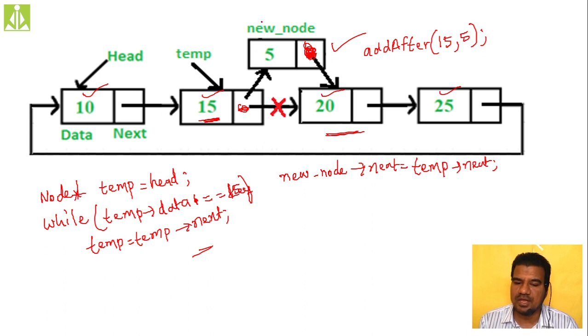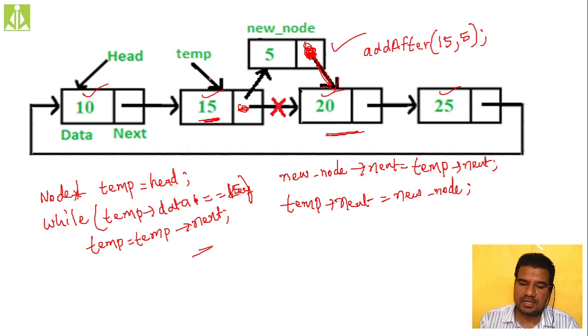So that is the reason why, when you say new node of next equals temp of next, the new node's next is going to point, that is, this link we are establishing. Then next, temp of next equals new_node. This temp of next means this particular box, and over here we are storing the address of new node. Storing the address of new node is nothing but storing this entire address over here. So this link we are establishing.